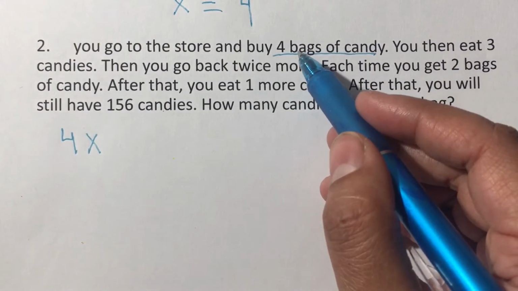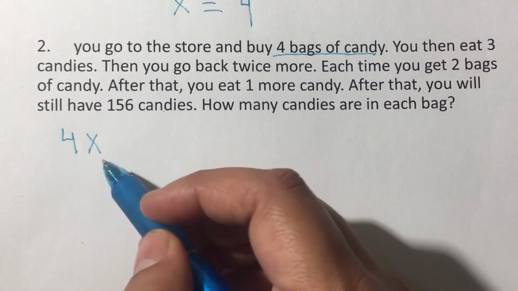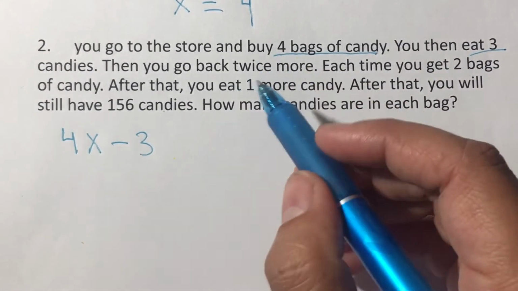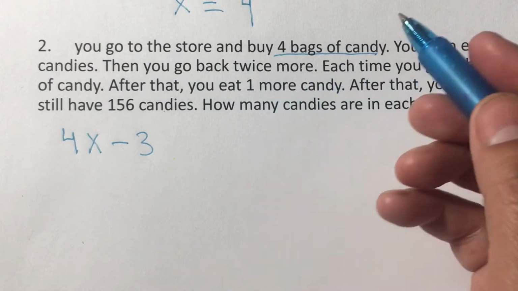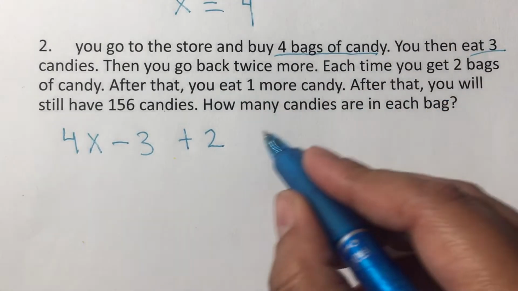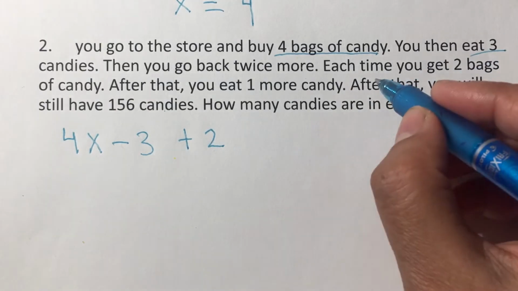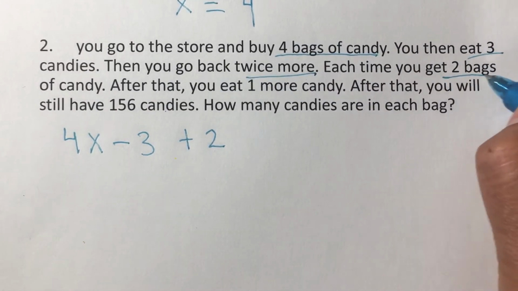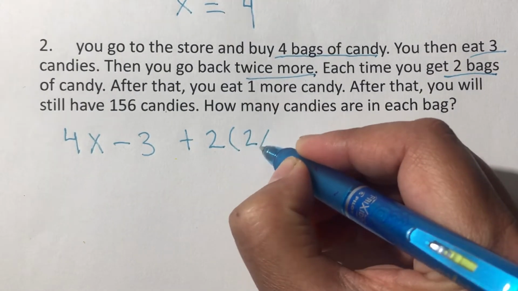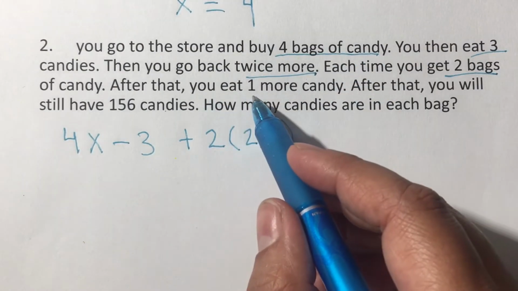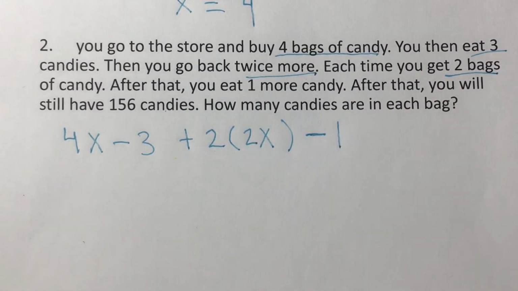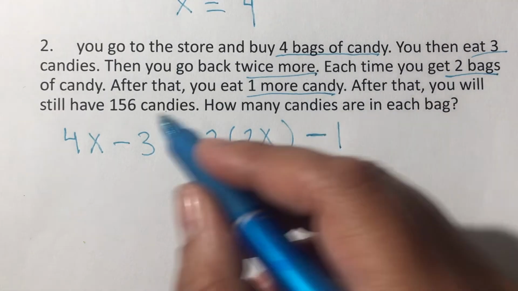So we started with 4 bags of candy, so 4x. Then you eat 3. You go back twice more, so you go again 2 times. And each of those times you're going to get 2 bags of candy. Then you will eat 1 more candy. So that's why it's minus, because you eat it. After that, you will still have